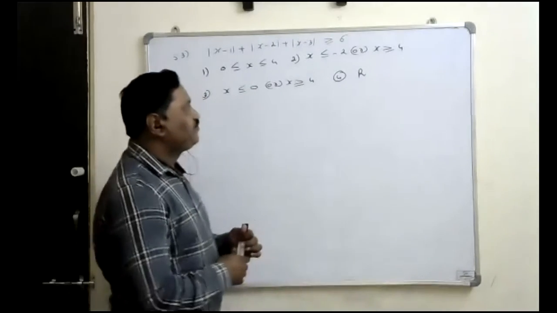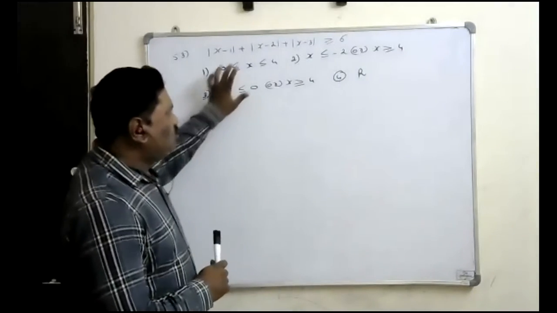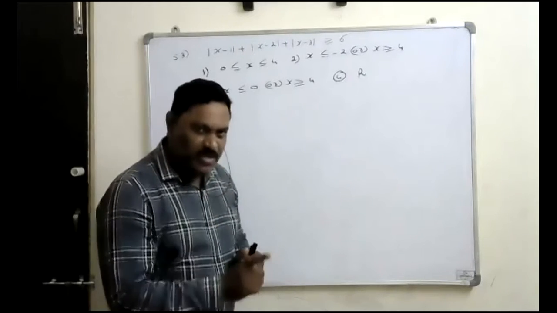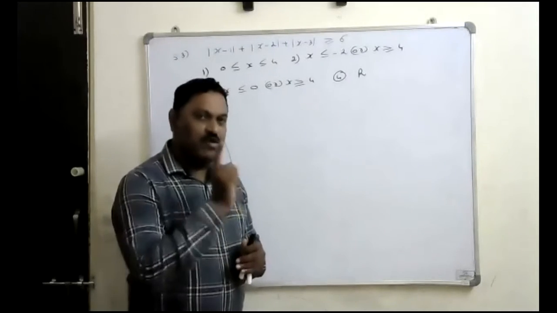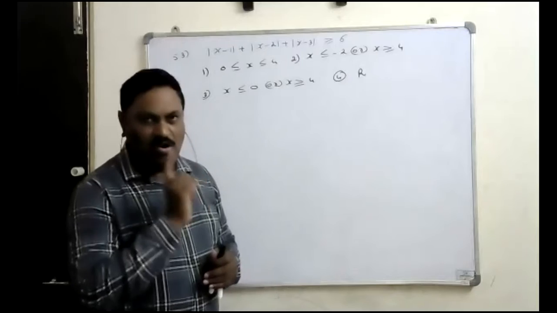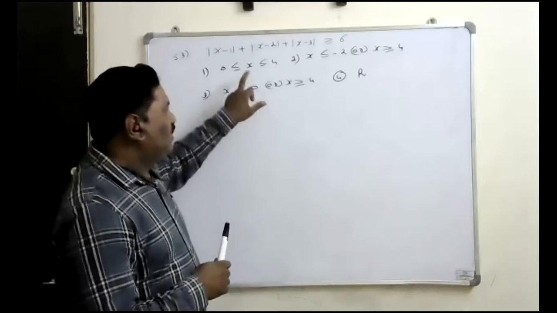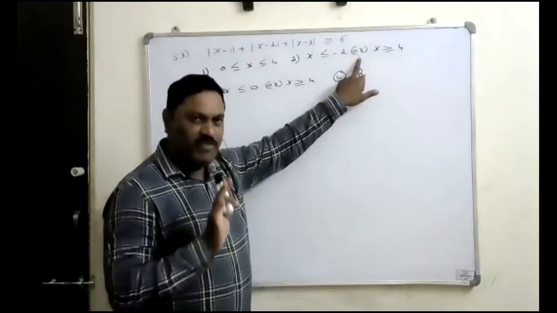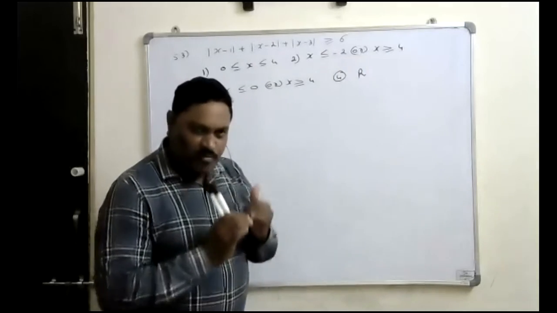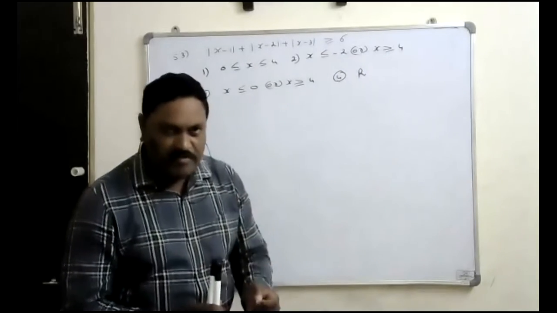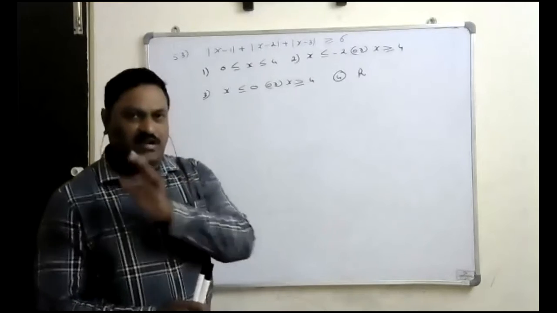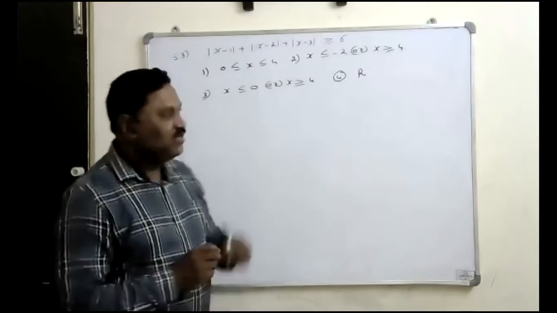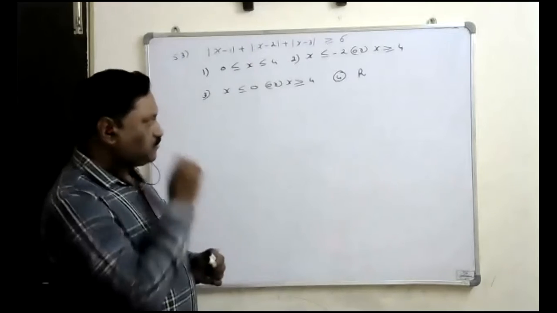Just observe here. First, observe the first 2 options. Out of them, we will eliminate one wrong option. To eliminate it, we take some values of x. Pick one value of x which lies in one interval and does not lie in the other interval. One interval must contain it, the other must not. Which value of x can we take?